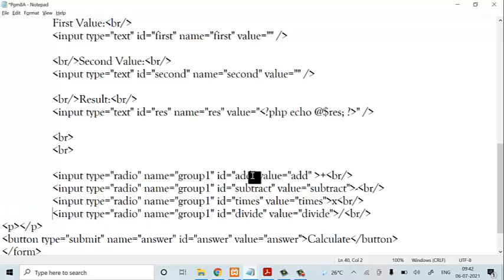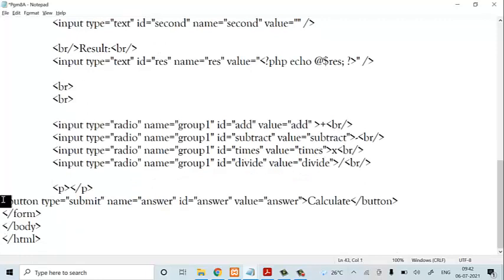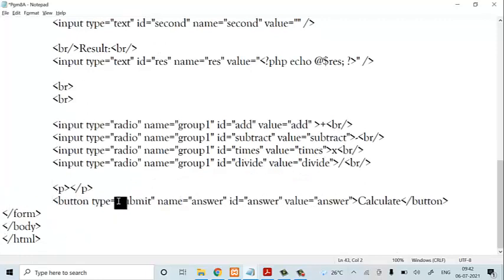Okay, so all these I have taken as radio buttons. Why? Because once I select one operation, it has to perform only based on that selection. So for this I have taken radio buttons. After taking radio buttons, I have taken one button which is of type submit.